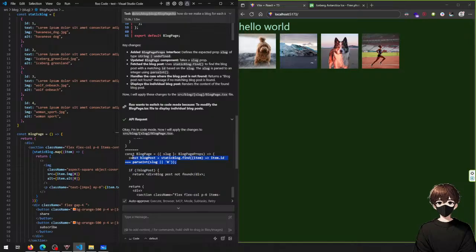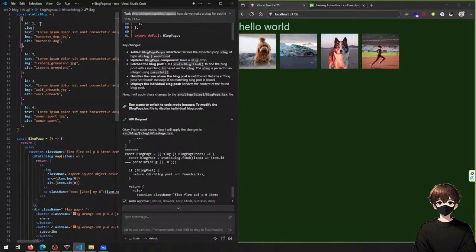I don't like this idea because that means that slug is a number. I don't want that. So what we can do here, we can say slug is the same as alt actually. So